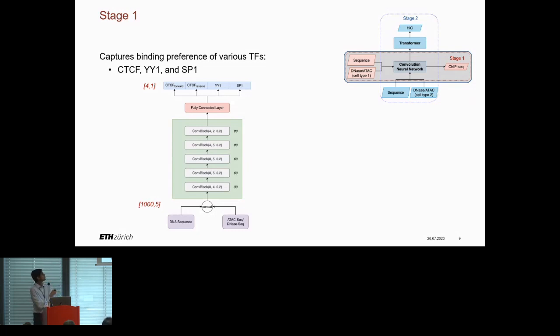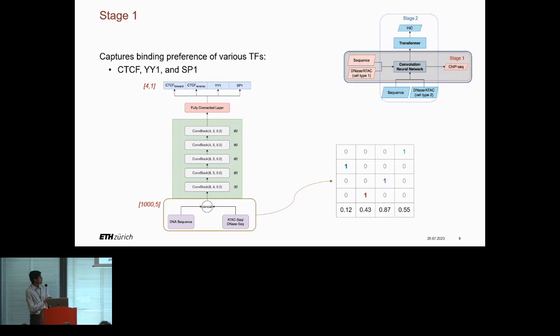The reason why we focus only on these three is twofold. One, they behave very similarly across cell types, and therefore we ensure that we do not learn anything that's specific to any given cell type. And second, they all play a role in genome folding. So we know CTCFs are endpoints of TADs. YY1 is usually present at enhancer-promoter interactions, and SP1 are present in GC-rich regions, which can also interact with the genes.